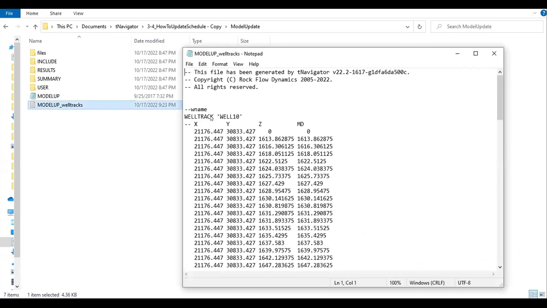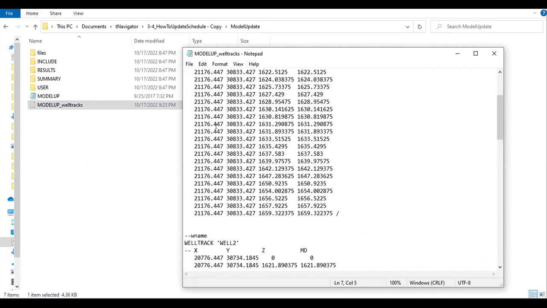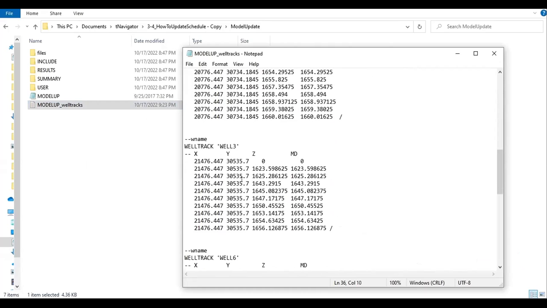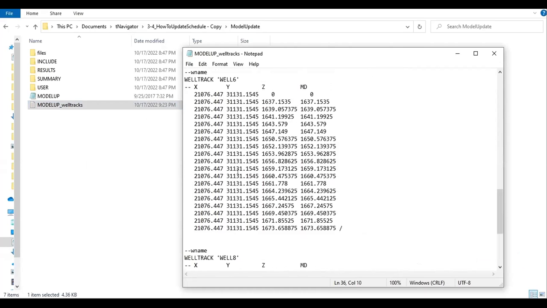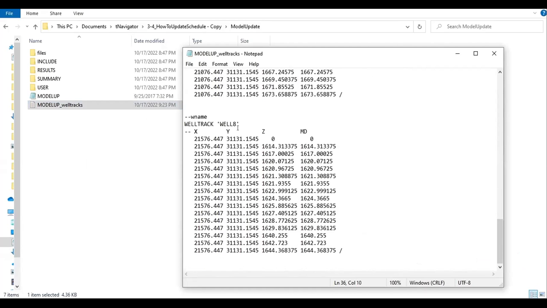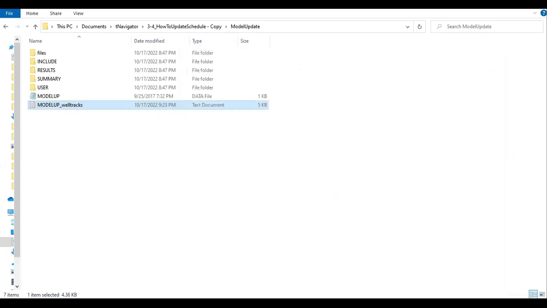And if you open this one, we have the trajectory for well 10, well 2, well 3, well 6, as well as well 8. Okay. All right. And now we will load this data again back into the software. Okay, so let's go